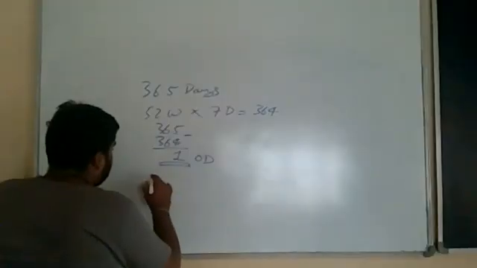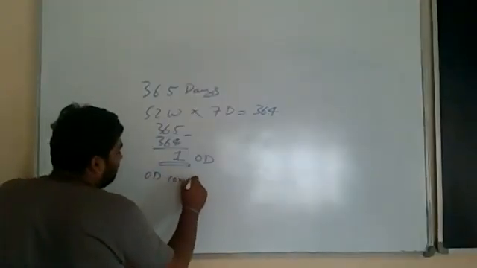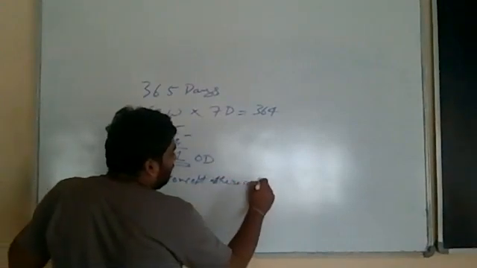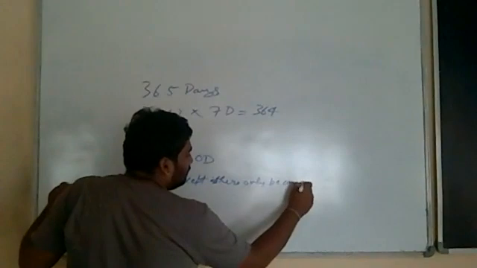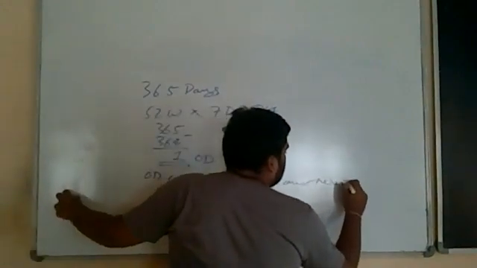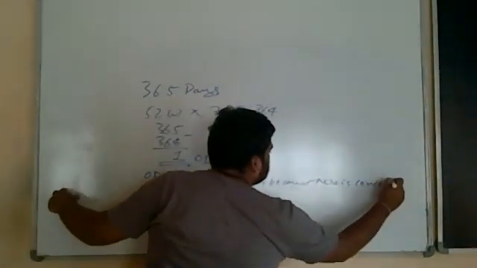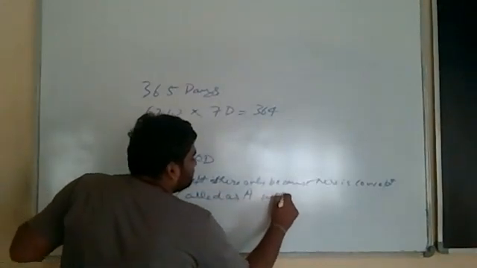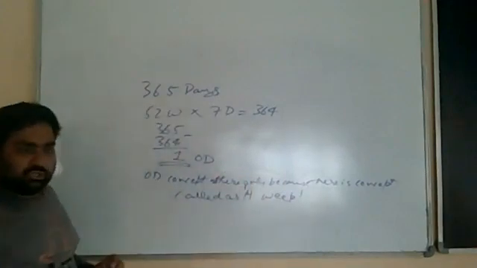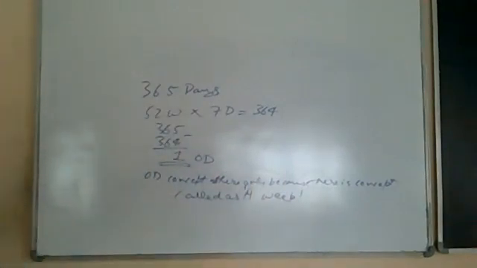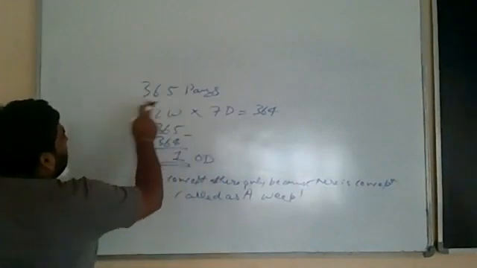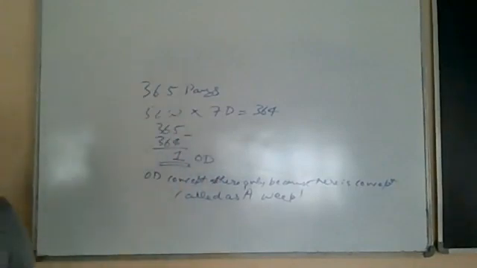Now, the odd day concept exists only because of the concept called a week. If this concept was not there, there would not be any odd days. Why? Because odd days have come only because I have divided 365 by 52. Is it not so?